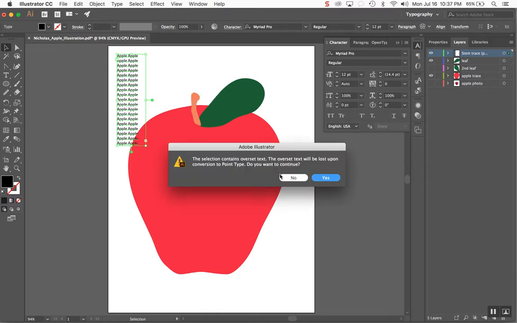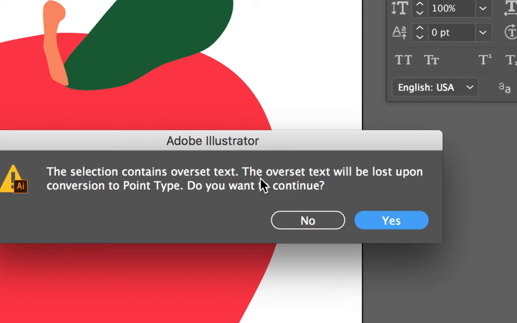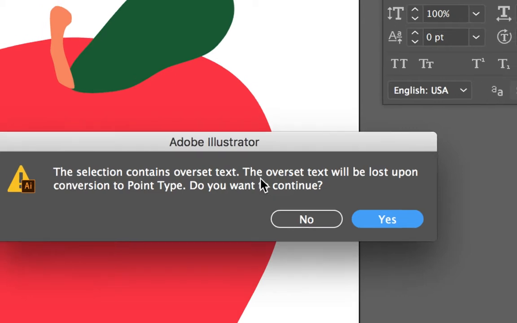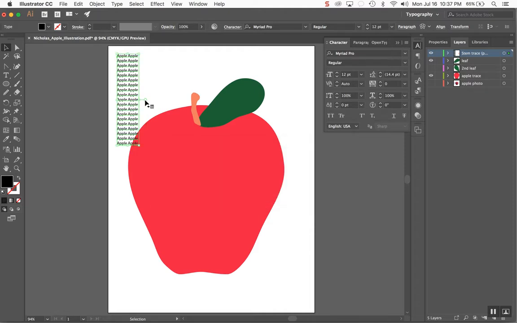If you do that and double click it, it gives you a warning. It says the selection contains overset text. The overset text will be lost upon conversion to point type. Do you want to continue? If you click yes, you'll see that it is now basically, well, it's still type, but it has a different